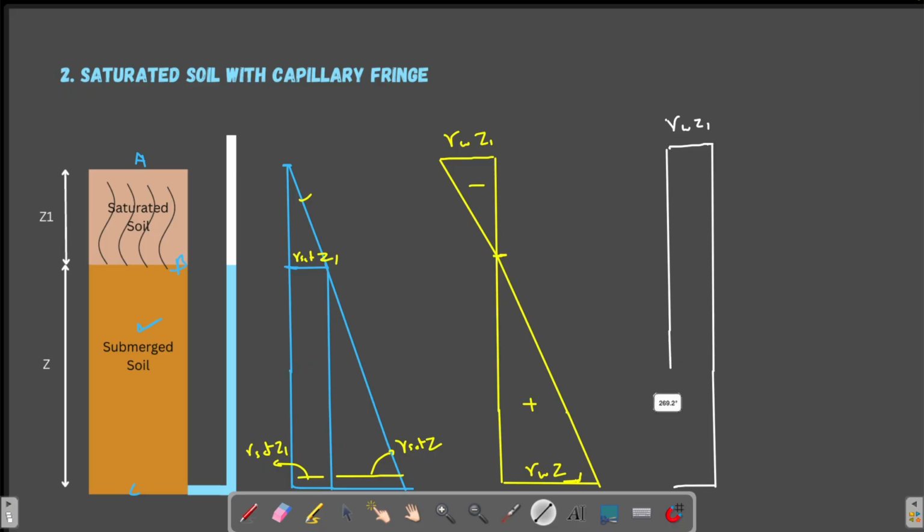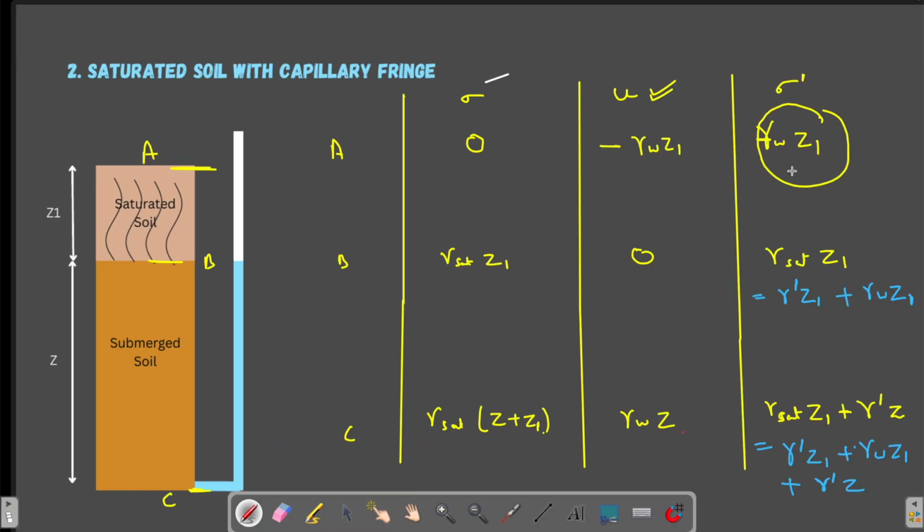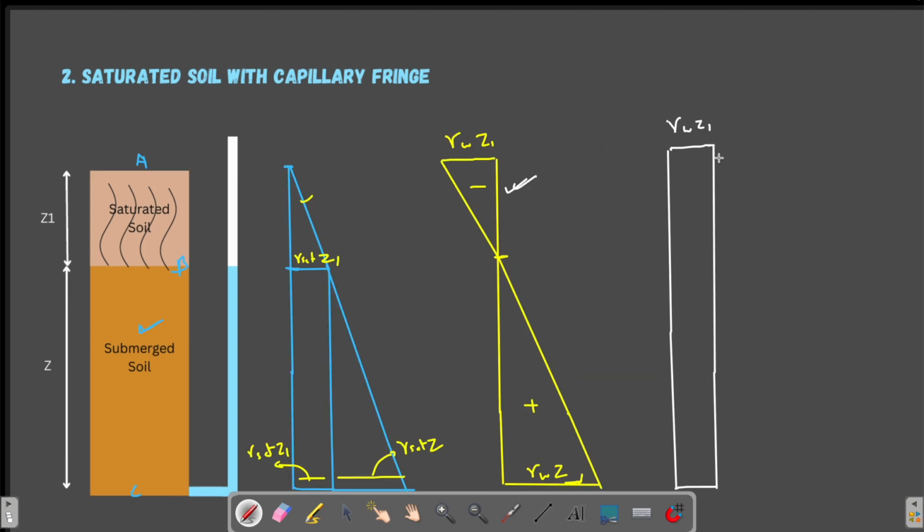Why will it continue up till the bottom? Because you might wonder that this stress is decreasing, but why is this one constant? So see here, this gamma W into Z1 term is here, gamma W into Z1 term is here, and gamma W into Z1 term is here. So at all the 3 points A, B and C, we are getting gamma W into Z1. So gamma W into Z1 is constant throughout. I have just drawn it like this.